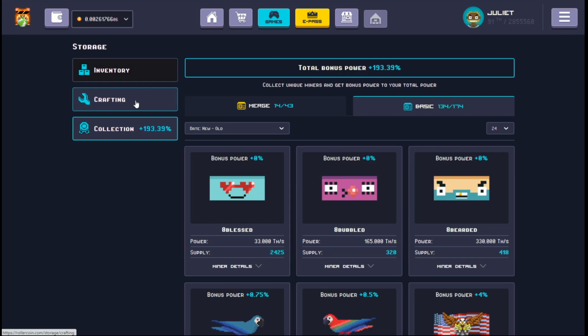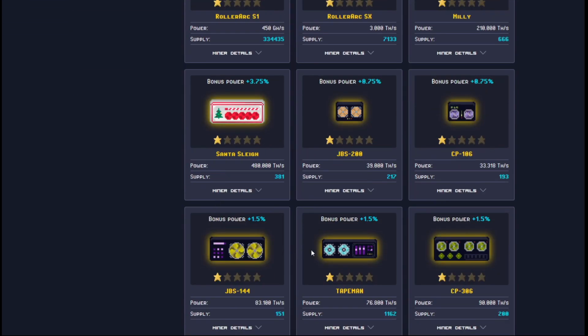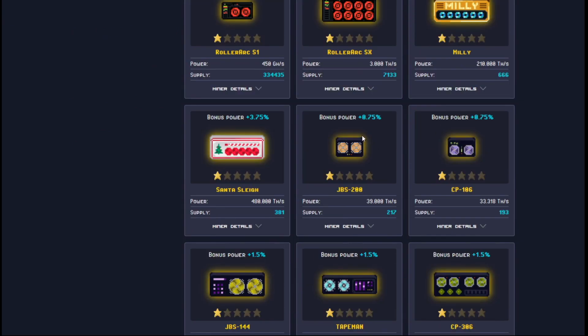So they're saying here, all existing 1-star miners will become what is known as legacy miners, unique mining machines which can't be crafted anymore, a memorable and powerful trophy of the good old days of Rollercoin. So they're trying to romanticize this whole thing, when a lot of people, myself included, have spent RLT and used up all our parts and stuff like that crafting miners, just like these ones, which I've done. And all of these will not be able to